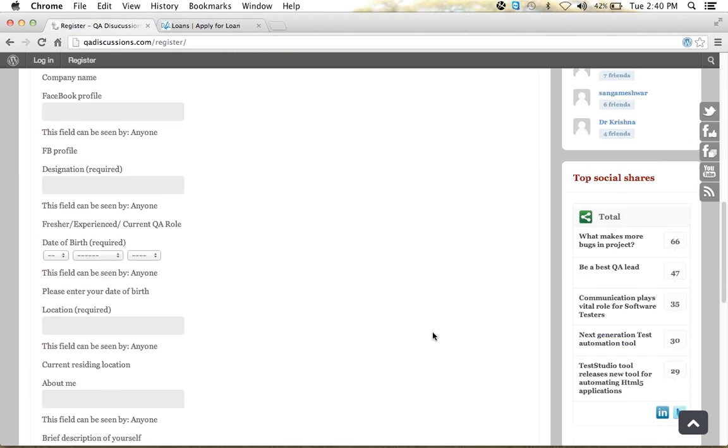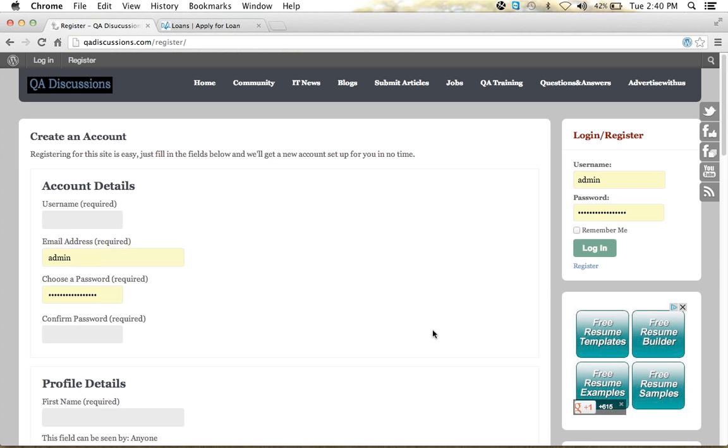For example, if I click on a register link, I need to verify whether the account username is accepting alphabets or numerics or anything. So what I'm doing here is testing a condition. If alphabets is a condition, numeric is a condition, special characters is a condition, and I can also mix those conditions. Like if it is accepting alphabets and numerics, it should also accept a combination of both alphabets and numerics, right? So I need to write different types of conditions for a test case. Each condition is called a test case.